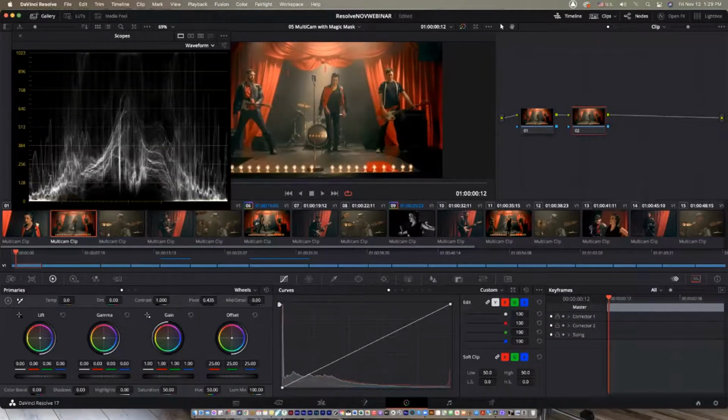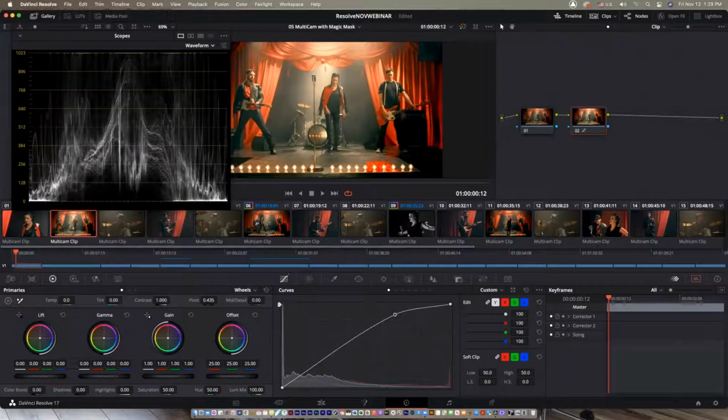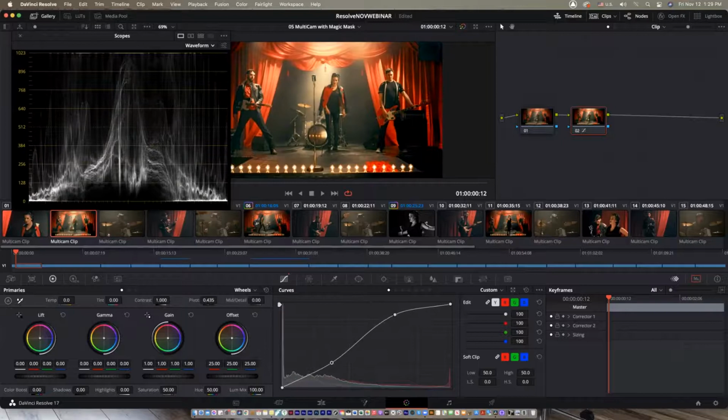And this is where you're going to love this. If you have worked with curves, say hello to your curves. Activate a junction point, which is an anchor point, brighten up the bright areas and darken up the semi-dark areas. Cool. The difference between the two is really clearly visible if you do the